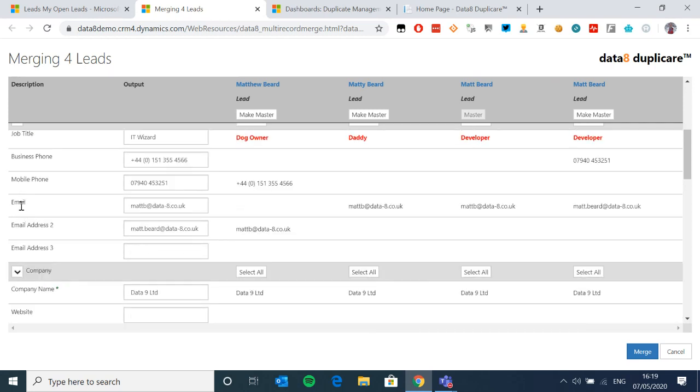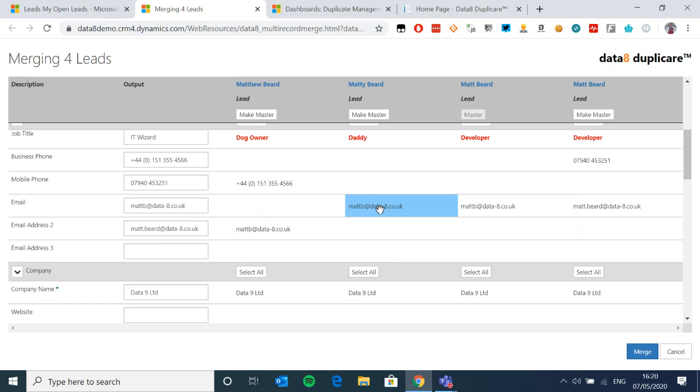And another rule, this is a clever one, and I think it solves a lot of problems people have had in the past, which is for emails and telephones and fields that can contain repeating data. In a world of left and right, there becomes a situation where you can see there I've got Matt B, Matt B, Matt B, and a Matt.beard. In the out of the box, when I was doing 2 at a time, there would come a situation where I would have to pick between that email or that email, and I would have no other way around it. I would have to make a decision to lose one of those emails, and depending on the order I did it, I wouldn't have ever known that these 2 were in here to help influence that decision even more.